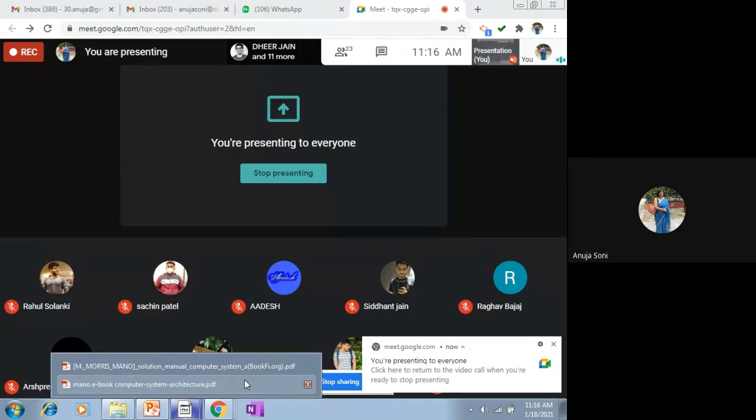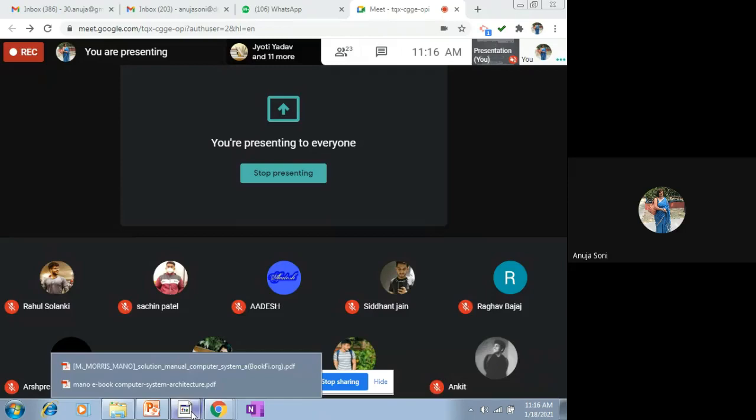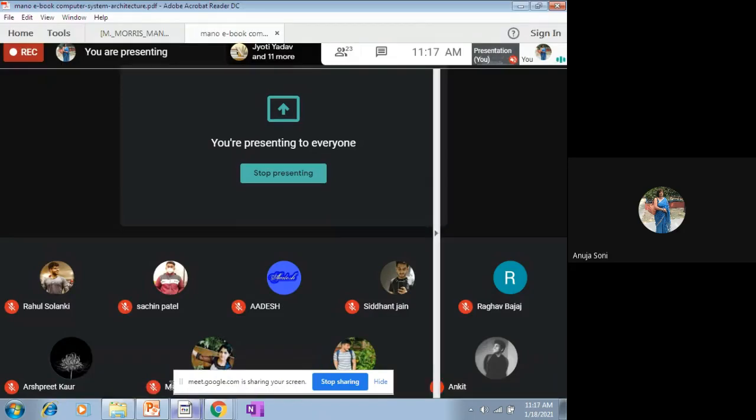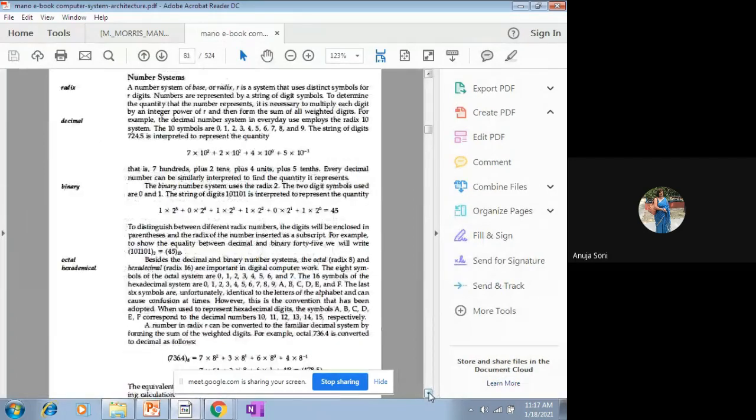And the second case was the vice versa case. The vice versa case basically was whenever the number was given in decimal form and you had to convert it to a number having a base r. Afterwards, we had a discussion over the third case. The third case is a shortcut method to convert a number directly from binary to octal and binary to hexa and vice versa.